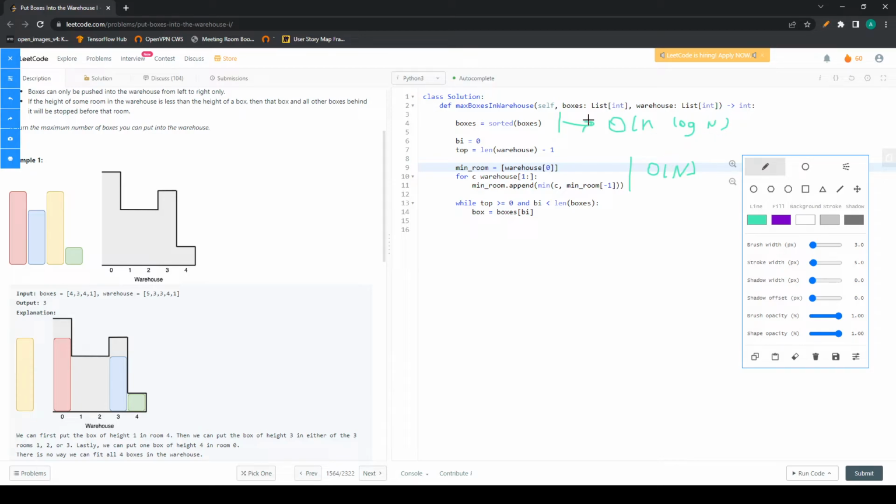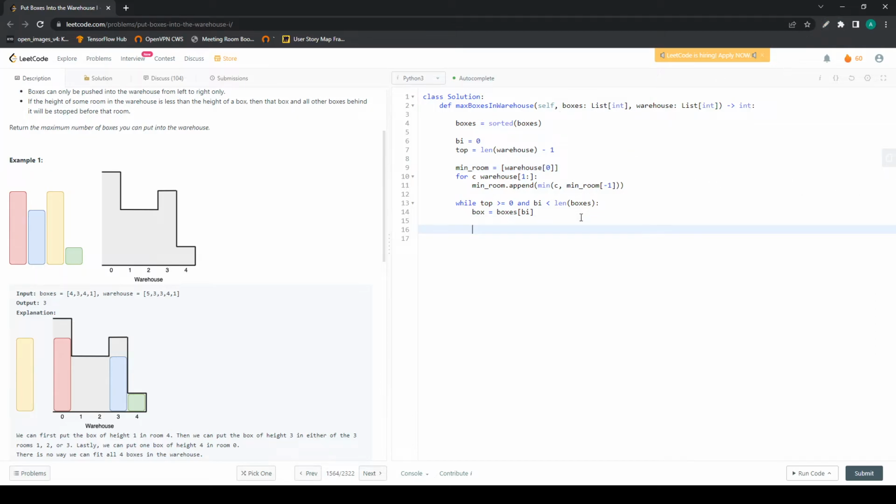Or, let's make it different: if we have n boxes and m warehouses, we are building this in O(m), and first sorting the boxes in O(n log n). And then after that,